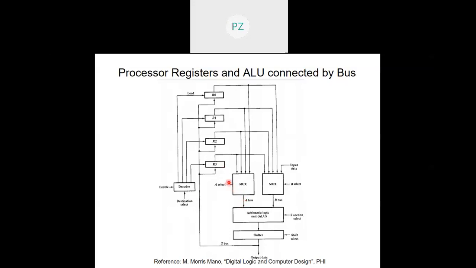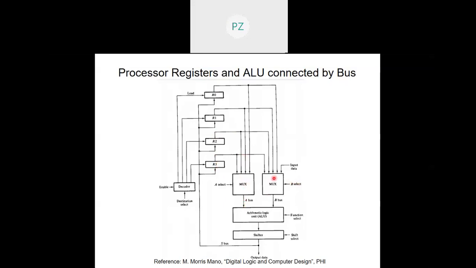In fact, this will be a couple of lines because this is a 4:1 multiplexer, and this is a 5:1 multiplexer, if you can see, right? So this will have three select lines. I'm not showing exactly how many lines there are, but we can always make out. If it is 0, 0, then R0 is directed to the A bus. If it is 0, 1, then R1 is directed to the A bus, and if it is 1, 0, then R2 is directed, and if it is 1, 1, then R3 is directed to the A bus.